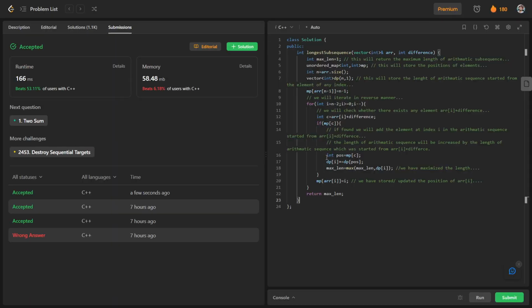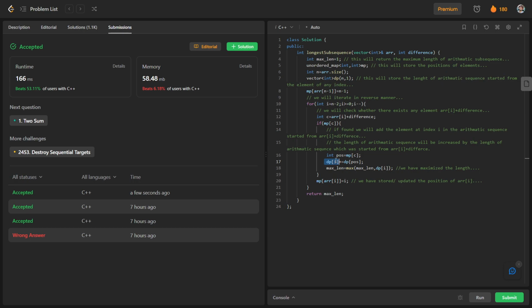You can see that we have checked whether there exists such number which is nothing but ARR I plus difference, and if we found such number, we will take pos as the position of this number, and we will just increase the value of the length of that arithmetic sequence which is started from the element of index I. So dp of I means nothing but it will store the length of the arithmetic sequence started from the element of any index.